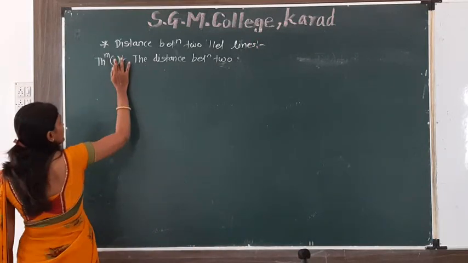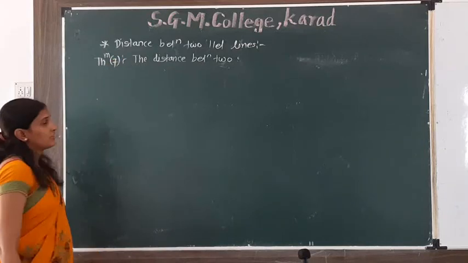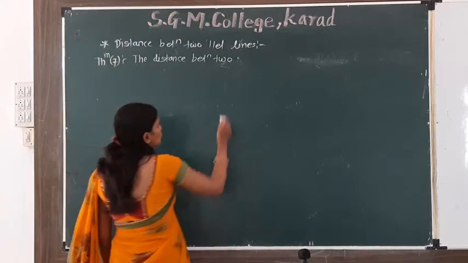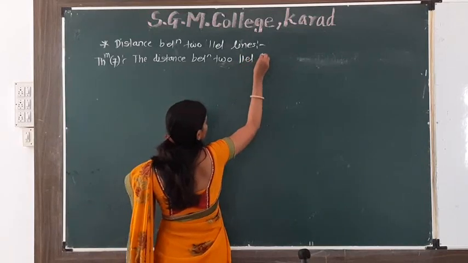Theorem number 7: the distance between two parallel lines